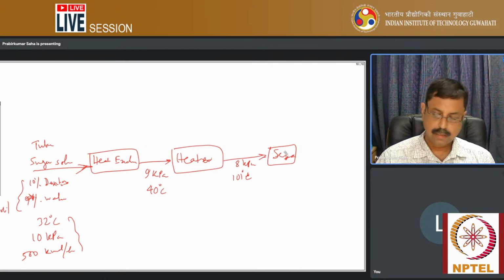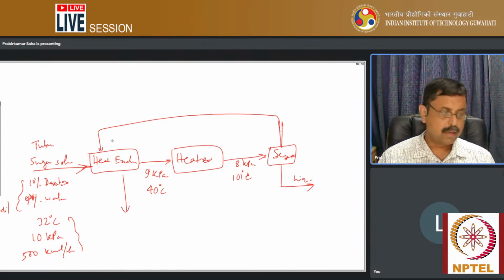That sugar solution can be separated through a flash, and this is the liquid portion, and the vapor will be used to preheat the sugar solution through the heat exchanger. So there will be a recycle kind of thing, and basically this is a steam and like that. Here you can use the PRSV package to run the process, and as far as dextrose is concerned,